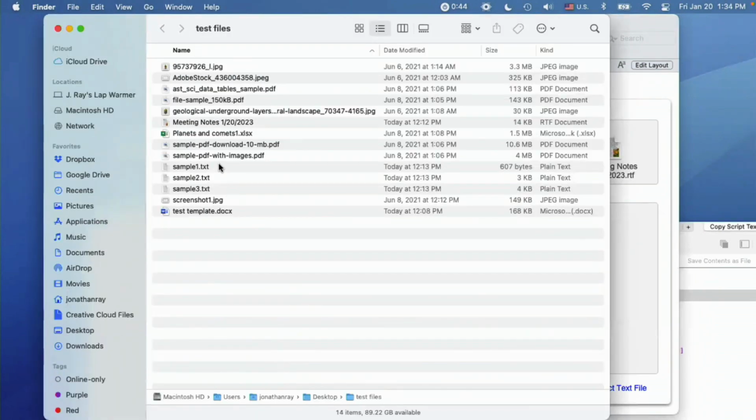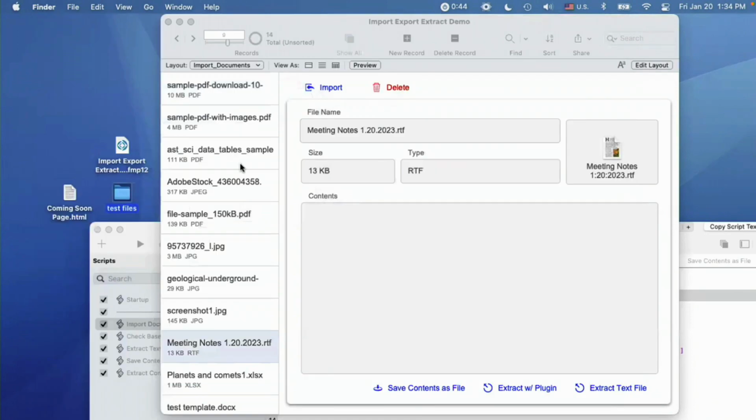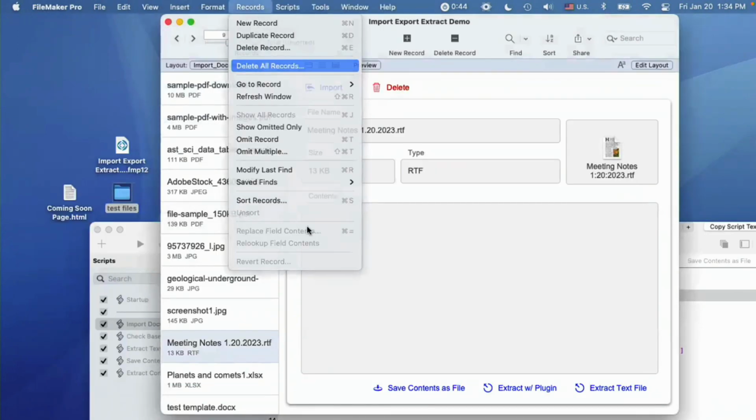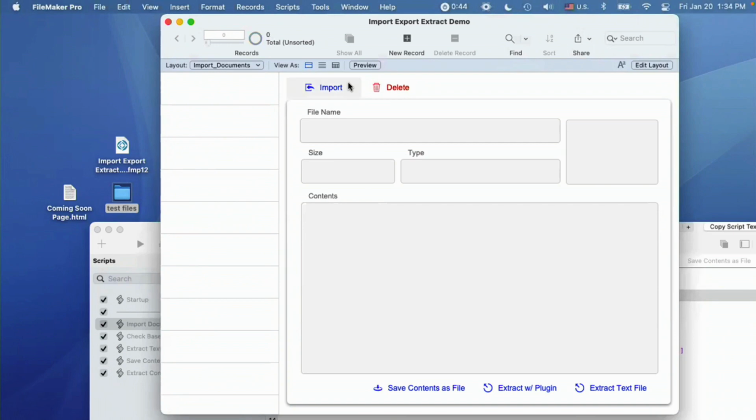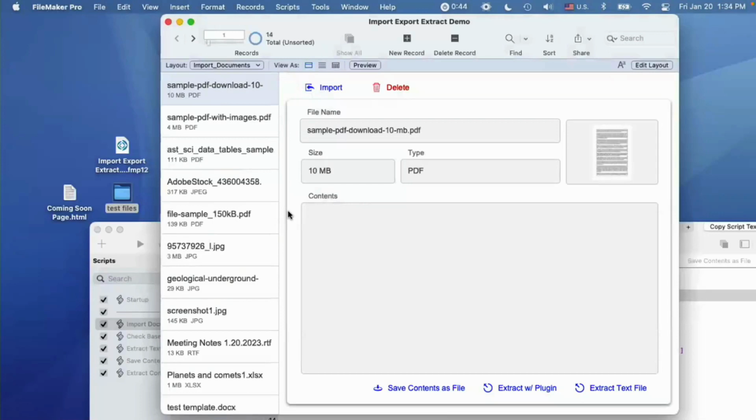Okay, so let's say I have something here, like here's my screenshot. Am I able to change this? Yeah. Okay, here's a screenshot, and I'm going to take away the file extension. It doesn't need to have .jpeg in order to work. So I am going to delete all records and show this to you again in fast motion. Okay, and open. You can see that it still brought the screenshot over, because FileMaker knows